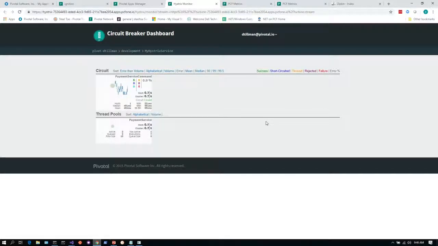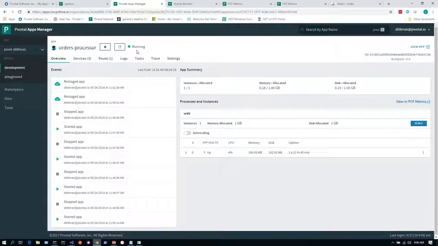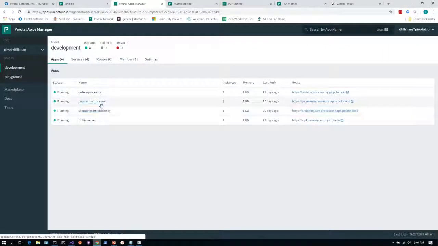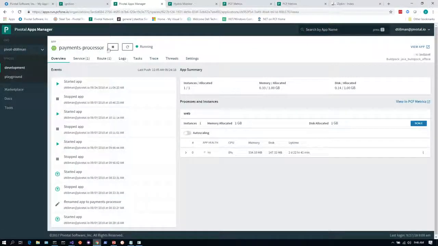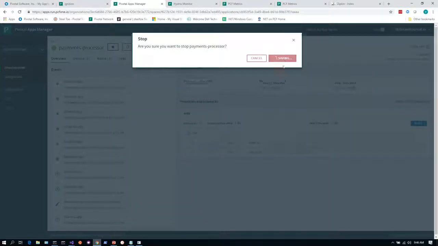Hystrix. So Hystrix, this is the dashboard that you can see within the PCF environment. What we're showing here is essentially the payment service command. This is the wrapper around the payment service that the .NET application is issuing to the remote service. And we see essentially the performance of that particular circuit. If we were to do something fun like go over here to the payments processor and stop it,